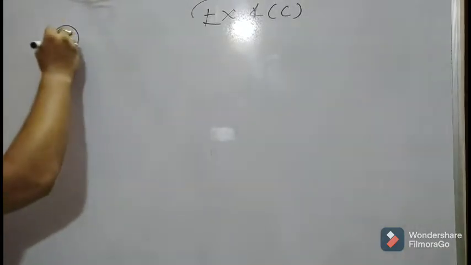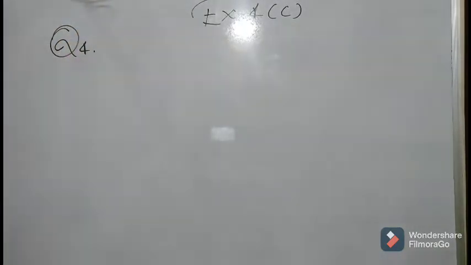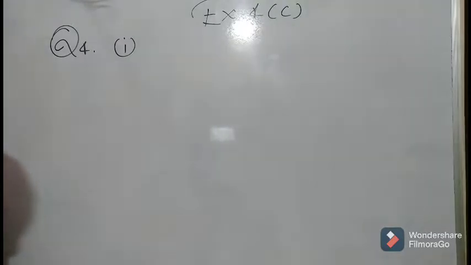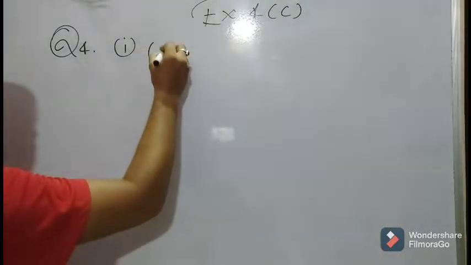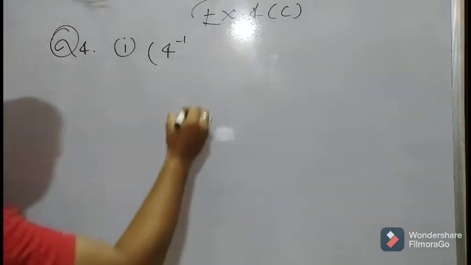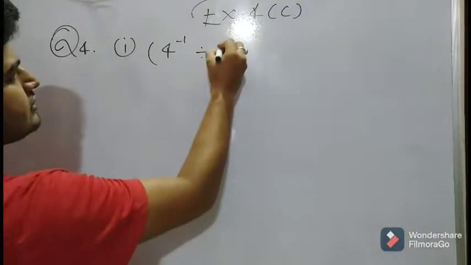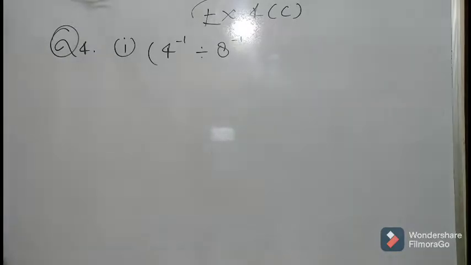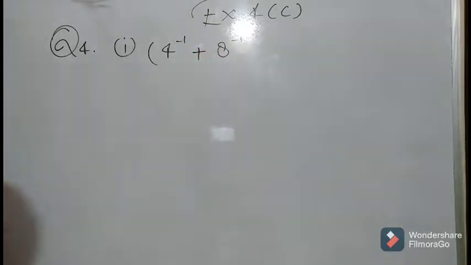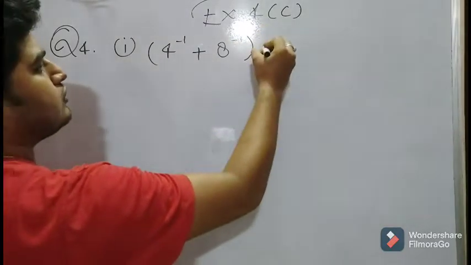Question number 4. In question number 4, it is saying simplify. So we have to solve: it is given 4 raised to the power minus 1, sorry, not divided, plus 8 to the power minus 1, bracket close, divided by